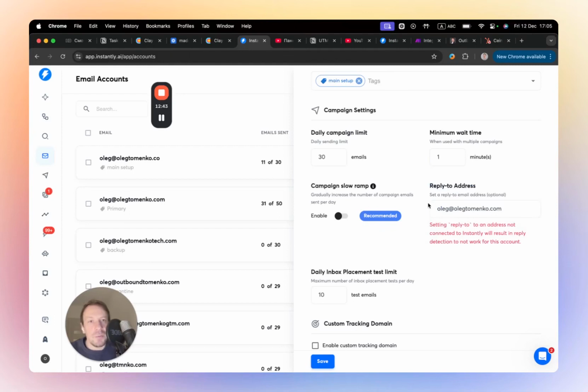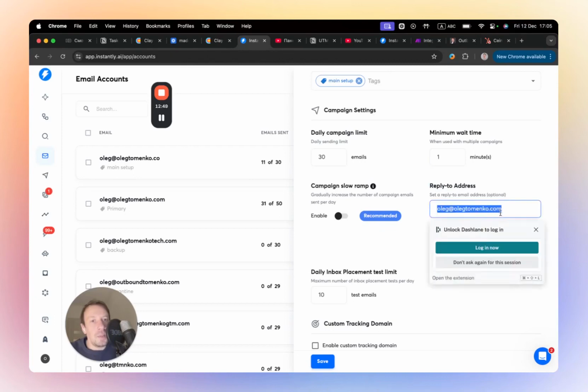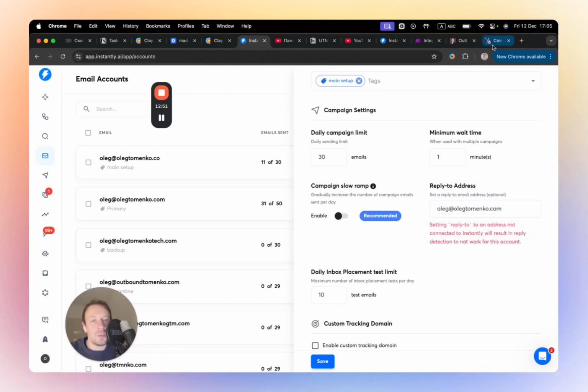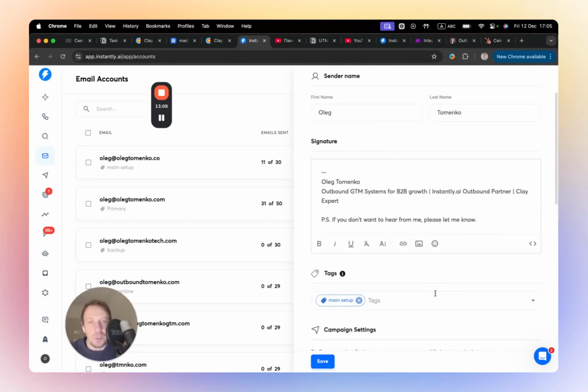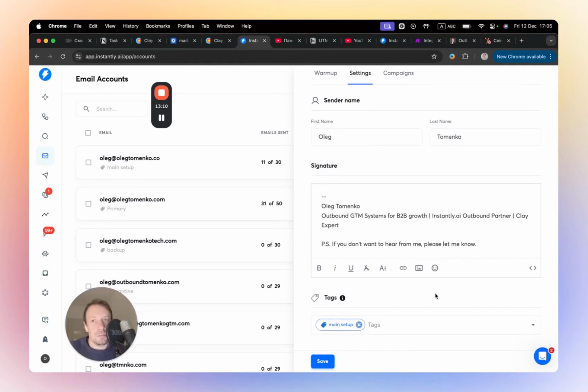So once someone replies to my cold email, the reply appears here, and this primary mailbox is also connected to the CRM. So I can easily continue a conversation via HubSpot. I can even reply from HubSpot, not even from Instantly. And the lead will have the whole thread, so he or she will understand that this is coming from this conversation, not from some random